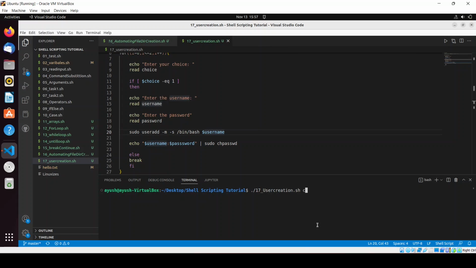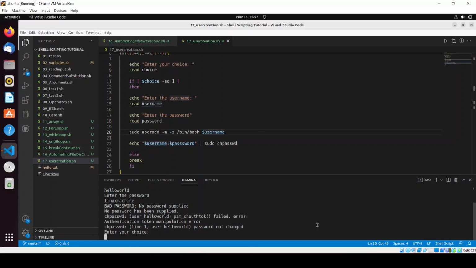I will just clear, and I will add the permission. ./17. Enter your choice. My choice is 1. Enter username, I will enter hello world. Password, Linux machine. So here you can see authentication, we are getting some kind of error like user hello world